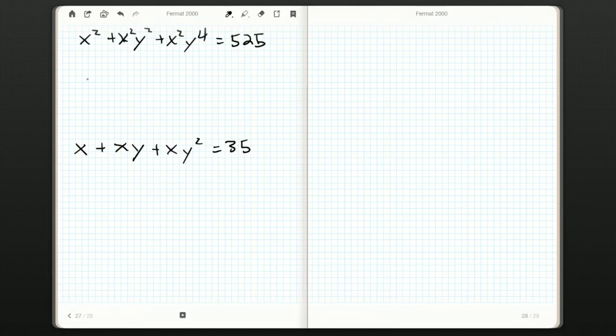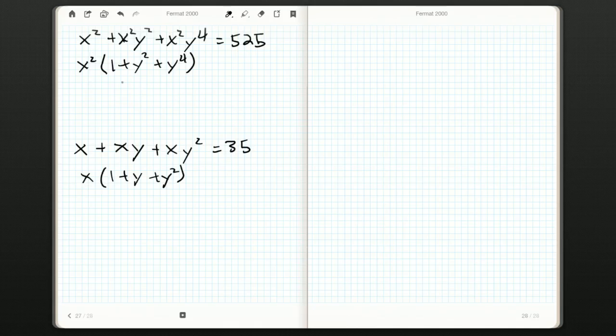So, first thing I'm going to do is, I notice I can take out this common factor here, 1 plus y squared plus y to the fourth. And I can take out a common factor of x here. Notice that the terms are very similar, and each term in the expression here is squared to give the expression in the top equation. I think that's designed to trip people up who don't understand that squares do not distribute over addition, which is something that plagues university students still. So if it happens to you, that's okay. You're not alone, and it's going to happen. It happens to a lot of people for a very long time, longer than I think it should. Anyway,